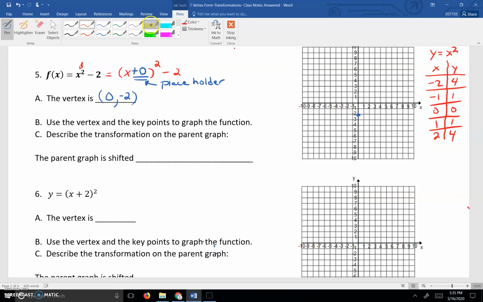So always, what I'm looking at is this. My vertex was 0, 0. So that was right here. There are two ways I can do this. The first would be to take each one of these points, go onto the graph, and move it. The other way is to write a new chart